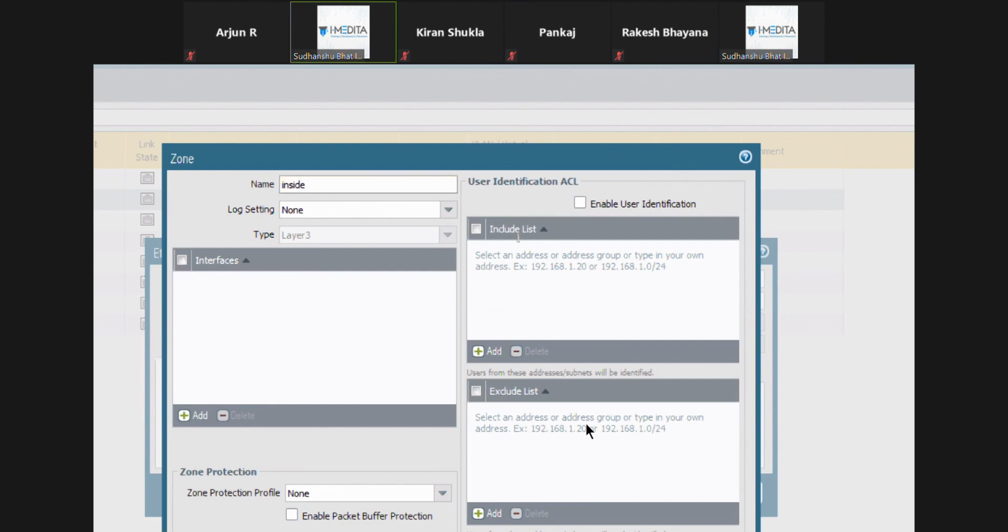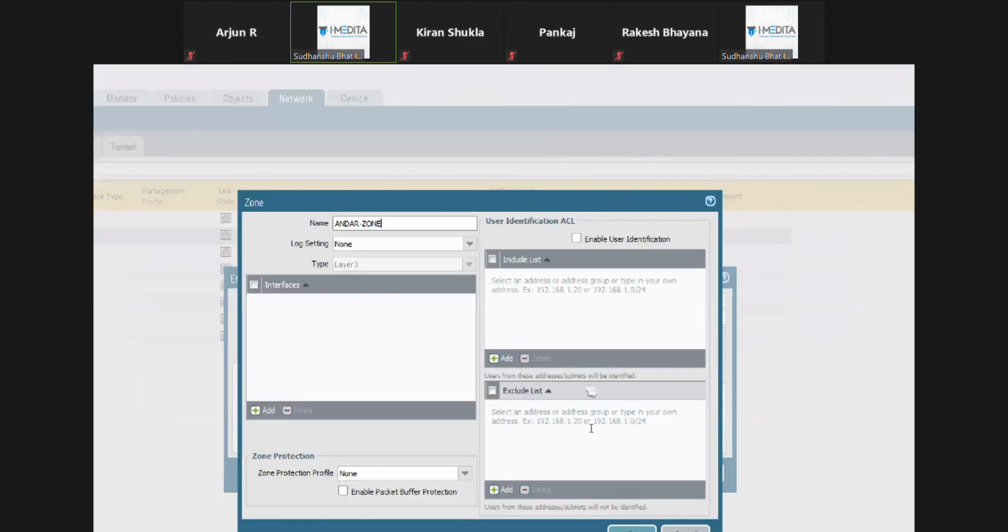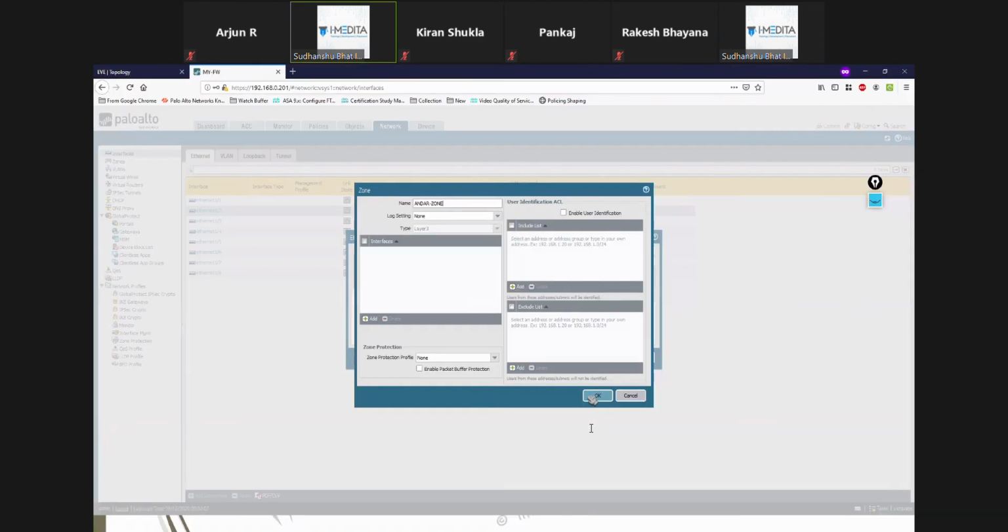It doesn't matter whether you name it, and also zone names are case sensitive here. So inside and Inside, these are two separate zones. If you create a zone named this and that all uppercase INSIDE, these will be different. So just so that you don't develop this, we'll name it under zone, bahar zone, like that. We'll give it Hindi name so that nobody starts thinking that everything is allowed from inside to outside, like the Cisco ASA concept.